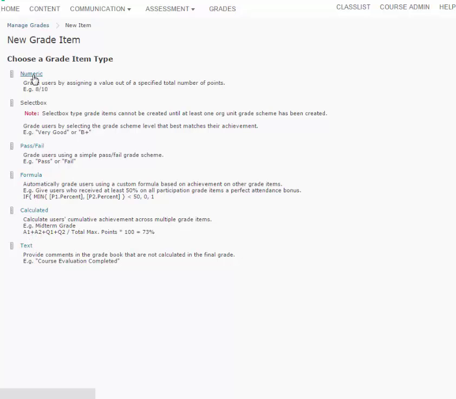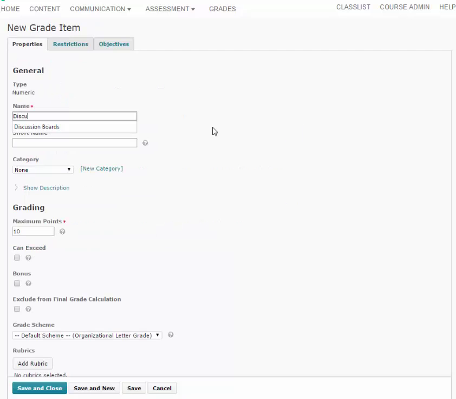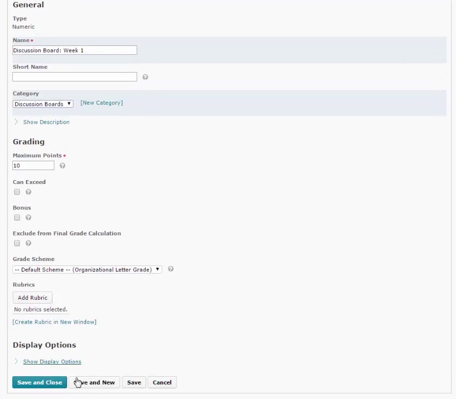I will select numeric. I will call it Discussion Board Week 1. It's in the category of discussion boards, a maximum number of 10. They cannot exceed the number of points. There'll be no bonus points, and I will not exclude them from the final grade calculation. At this time, I choose not to establish a rubric, and because I'm not finished creating my discussion board items,